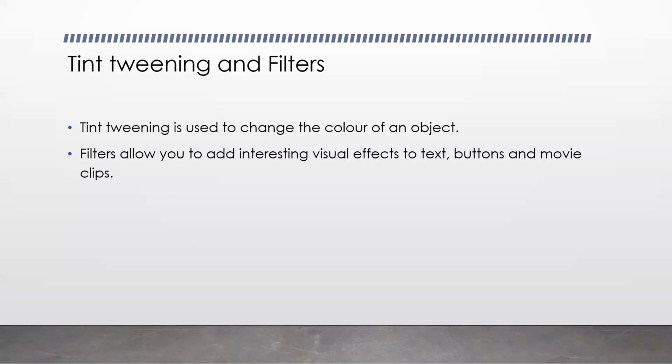All right. Next is tint tweening. Okay, now what is this tint tweening? It is given on page number 47. Tint tweening is used to change the color of an object. Tint, you might have heard this word somewhere in the form of colors, where we are discussing colors. So tint is basically synonymous to color.